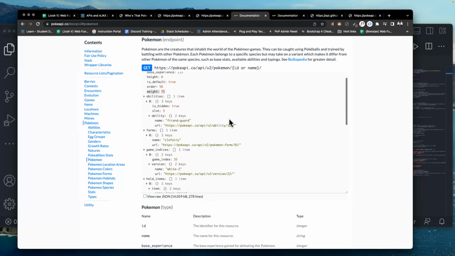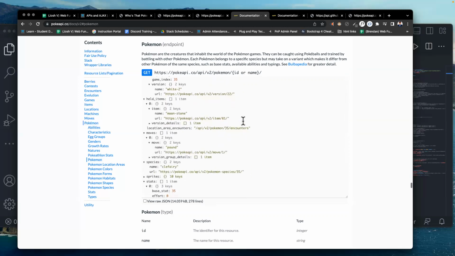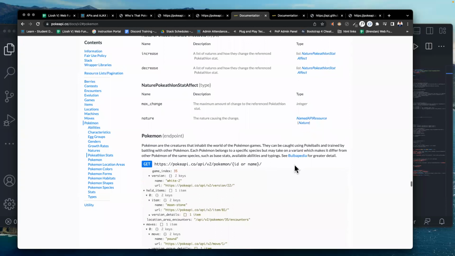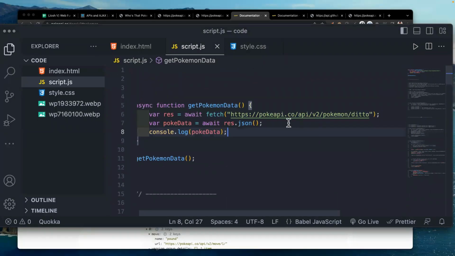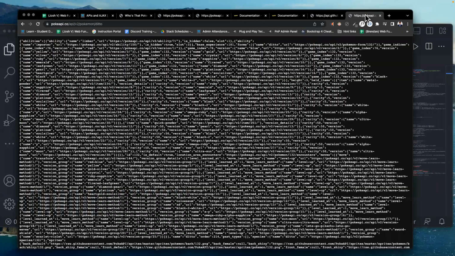So much information related to each individual Pokemon. In my API call, I'm making a specific call for all the information related to Ditto. Ditto is another Pokemon name, okay?